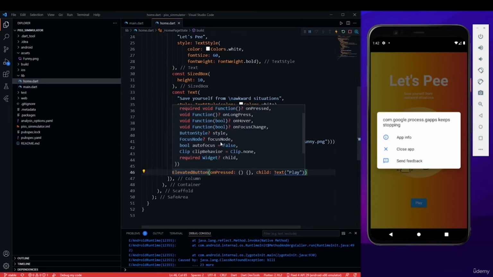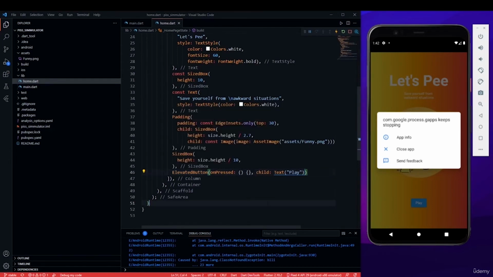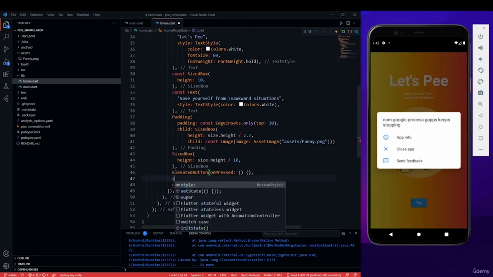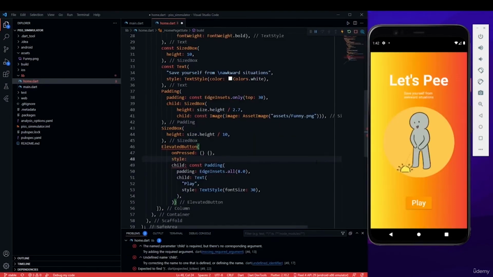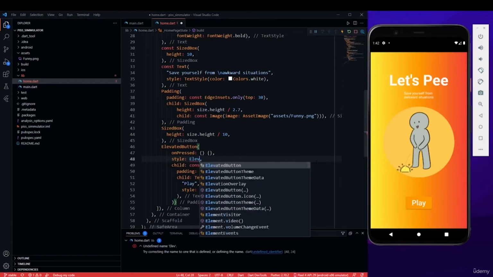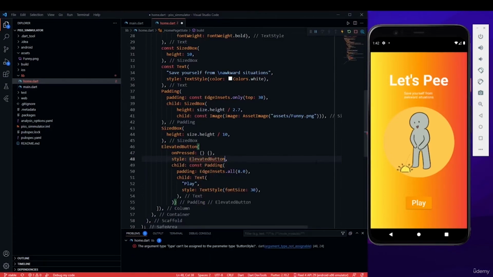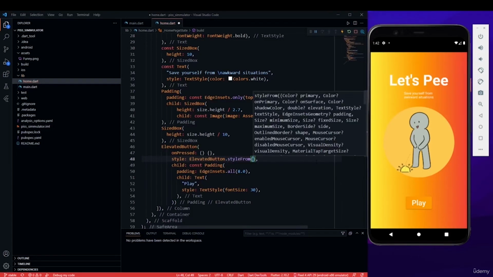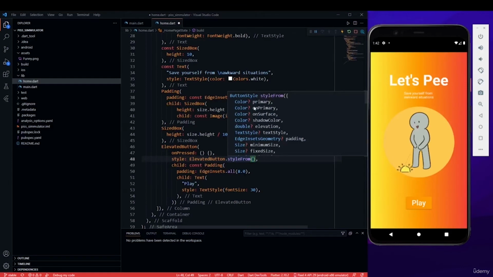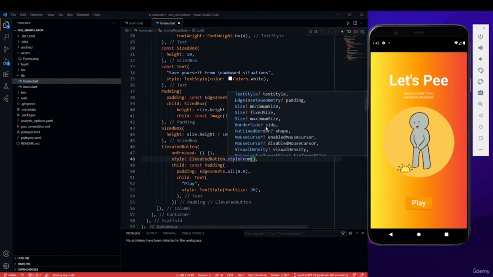And basically there is a button style. So we will be using that button style to create all the colors and stuff. Okay, so let's add that button style before the child. So let's add first style. So first give a comma, and then ElevatedButton.styleFrom. So here you can see that in styleFrom, it has primary, onPrimary, shadowColor, all these different